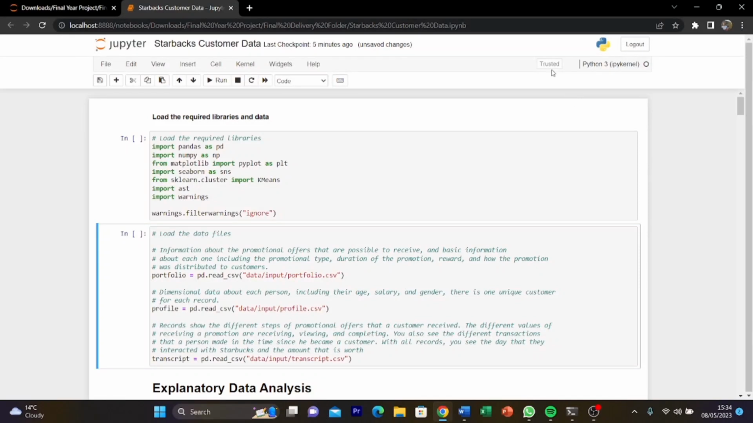My name's Anas Samadi, user ID W1778273. This is my final year project. It's called Starbucks Customer Data. It's based on this data I obtained from Kaggle, which belongs to Starbucks, and the purpose of this project is